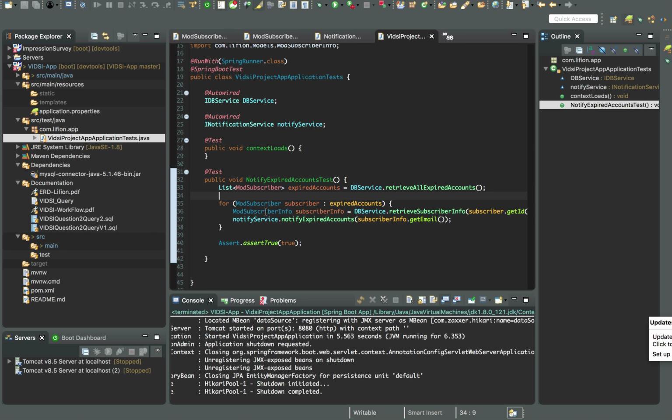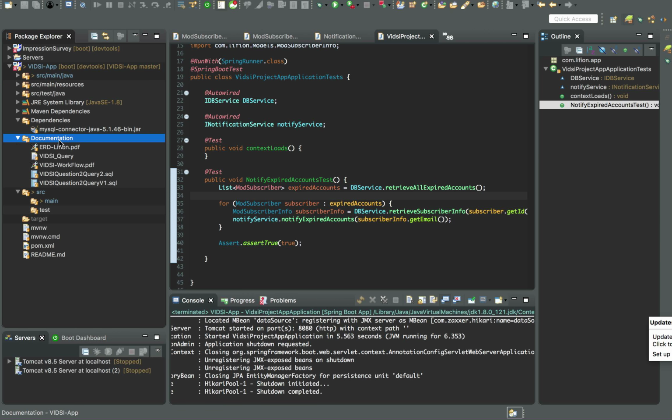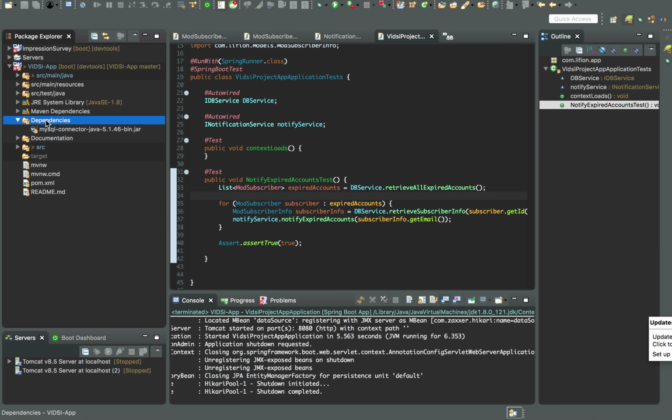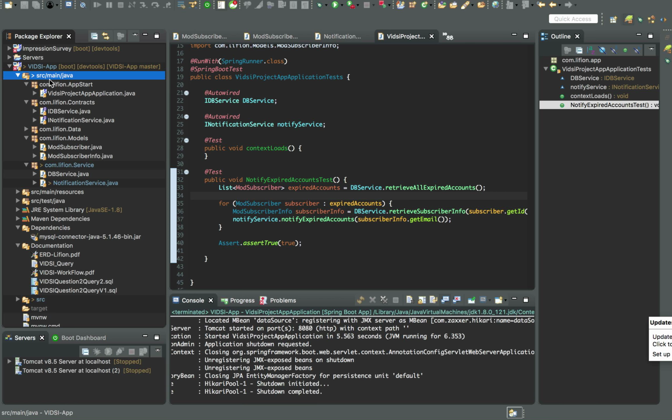Now if I explain this code, I'll start here, and let's ignore the X. My project is not really failing to build. I don't know why, maybe it's some sort of Eclipse bug, and I will fix that. I've created a public repo for this coding project, and I have everything you need. You have all the documentation in here, you have the dependency to run it, which is a MySQL connector. You also have